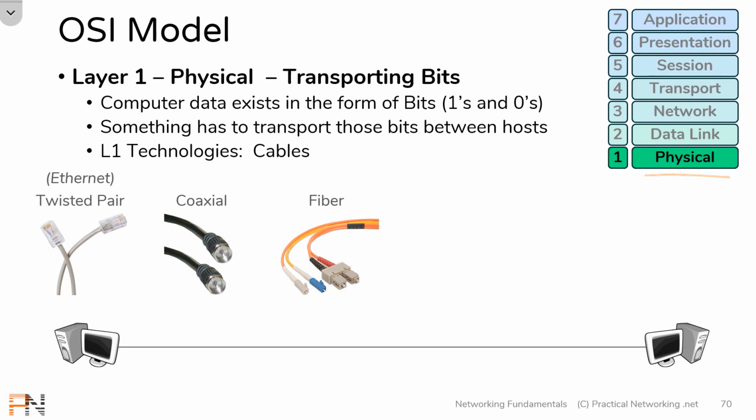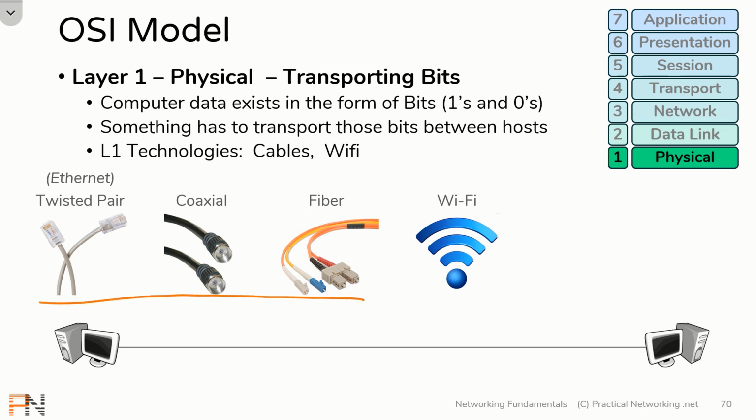The OSI model was written well before the idea of wireless internet communication was ever thought of. Wi-Fi is considered to be a layer 1 technology because Wi-Fi solely exists to carry ones and zeros from one computer to the next. Now, not only do these cables or Wi-Fi exist at layer 1, there are some devices